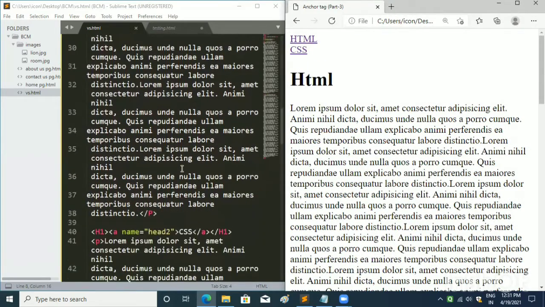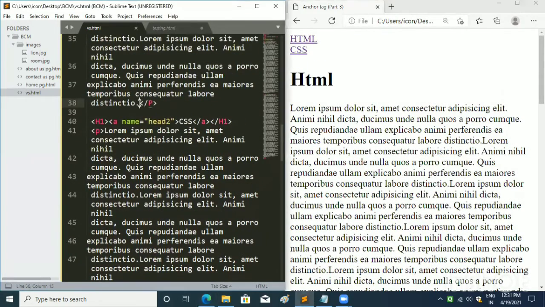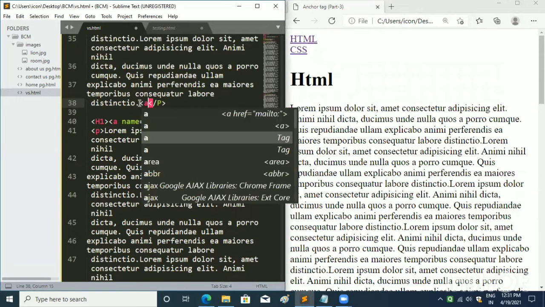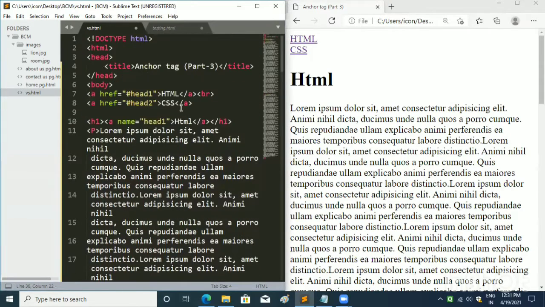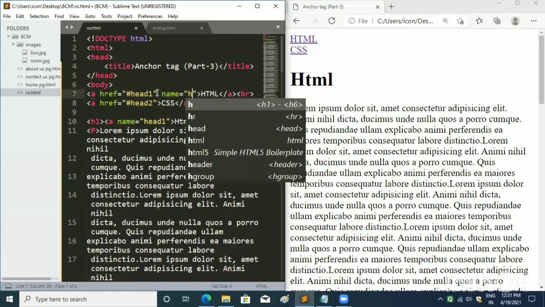To move directly to the top from any paragraph, I will write anchor tag in the document, and in href attribute I will write the name of the HTML button that we wrote earlier. So now I will move to the anchor tag of HTML and write name attribute in it.